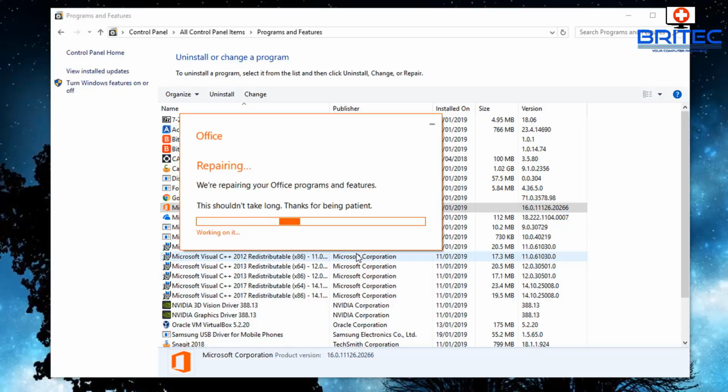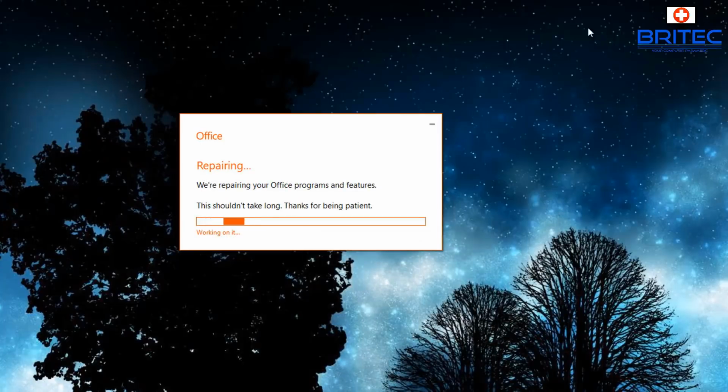So just let it do its thing. It will take a bit of time, so just be patient and let it do its repairs. Now hopefully this will repair your Office suite, and hopefully this will resolve any problems that you have with your